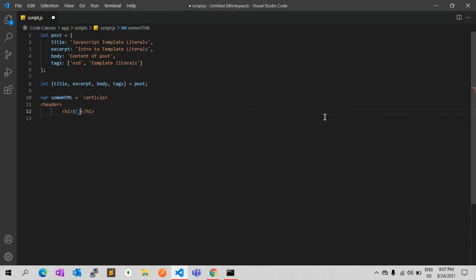You can embed string variables like this as well.